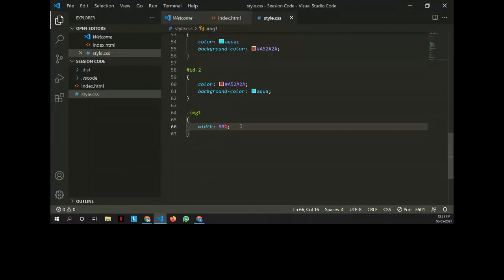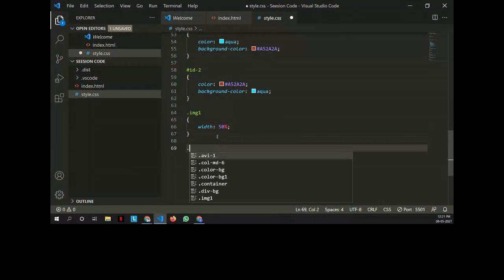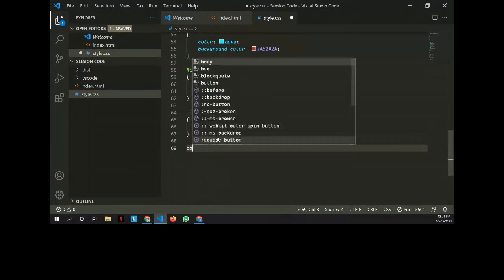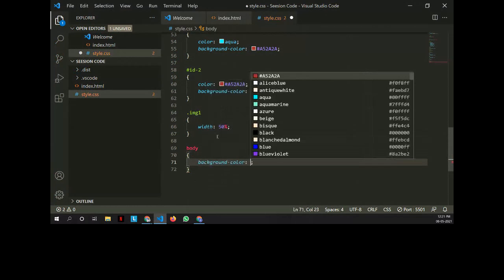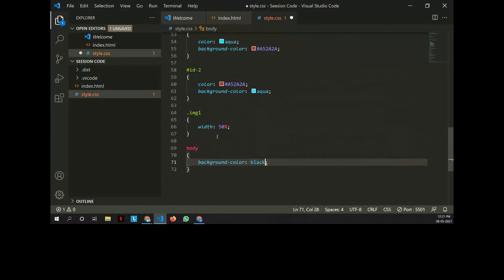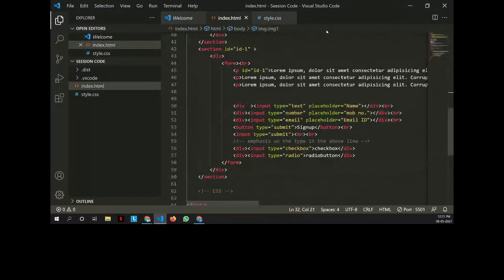So now I'll move ahead and add background color. And guys, one more thing: if I want my site to be uniform all over, I'll just add the background color property, and I'll choose black if I want it in dark mode or something. Now the whole background is converted into black, because as I told you, the body tag contains all the elements which are displayed on the browser. So the whole background is black here.